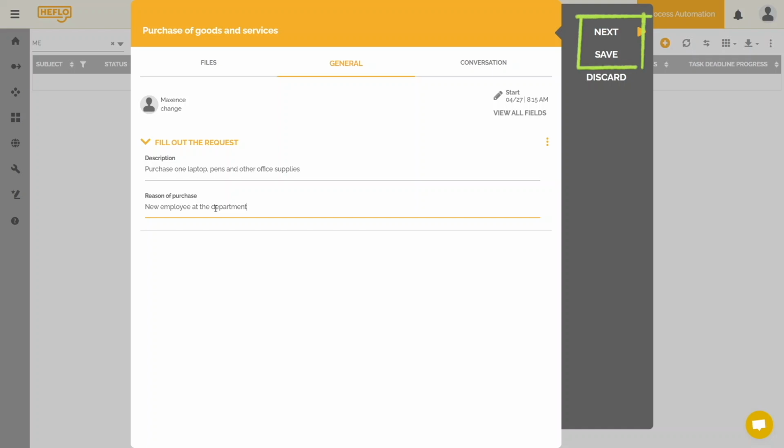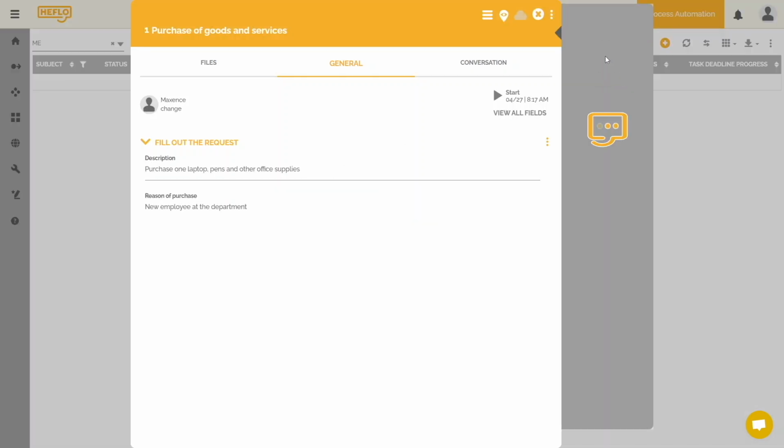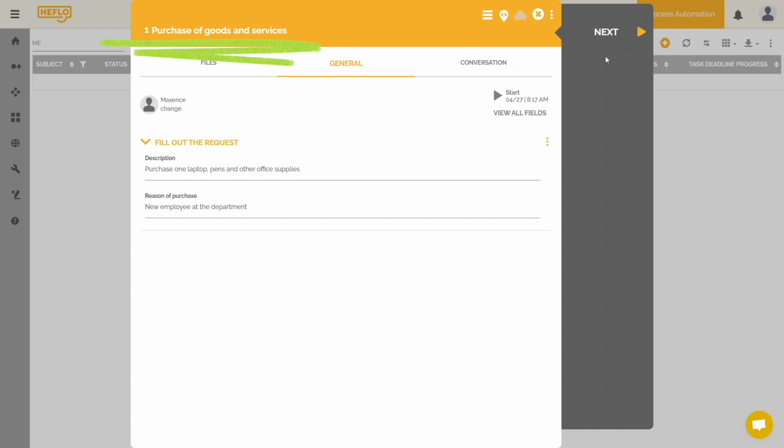There are these two commands here, next and save. If the user clicks on save, Airflow will save the instance, which will assign the number to it, but it will remain in the first task with the information entered. If the user clicks Next, it will save the instance, assign the number, and move on to the next task. By clicking on Save, the user stays on the first task with an assigned number. So there are two possibilities. You can save and keep the form from the first task.